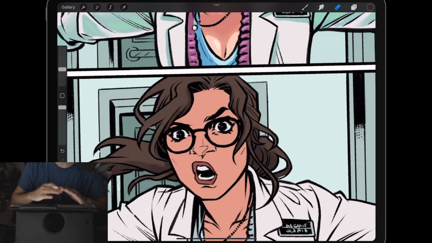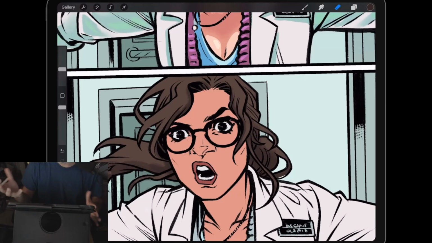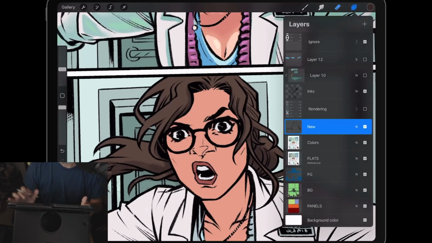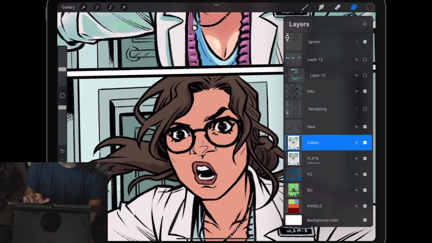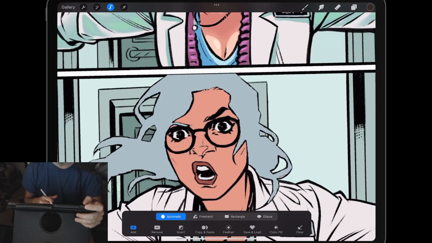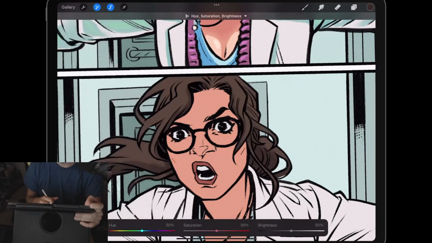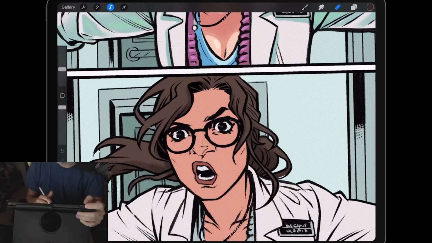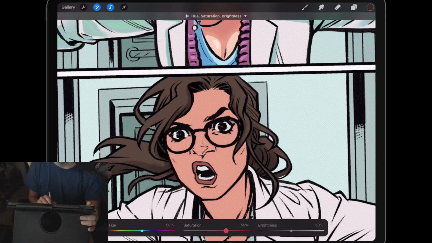So that's shadows. Let's say we want to do some highlights. And actually, let's say at this point, I decide her hair is not saturated enough. I want to change the hair color. So I'm going to go down to my colors layer, I'm just going to hold down the selection tool to bring that selection back, and then go to hue, saturation, and brightness on my adjustments. And we can saturate that a little bit, darken that a little bit,